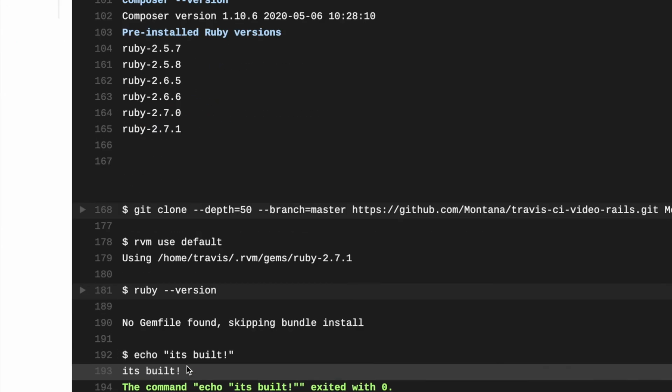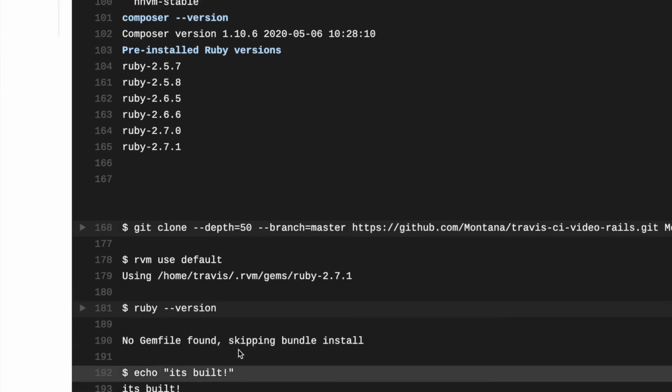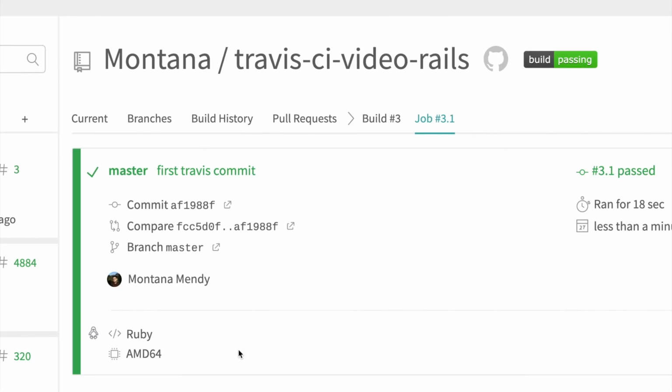All right, and as you'll see, my little script worked. It's built, and there you have it. We have just built on Travis using the language Ruby,